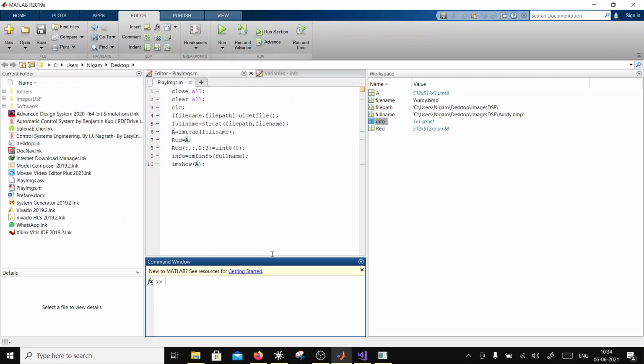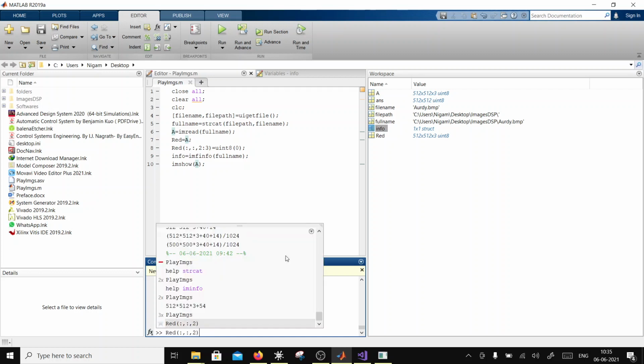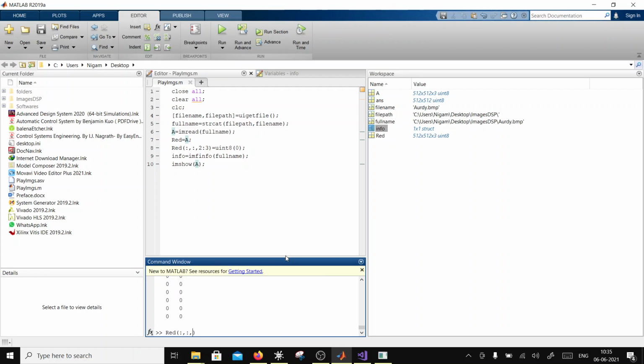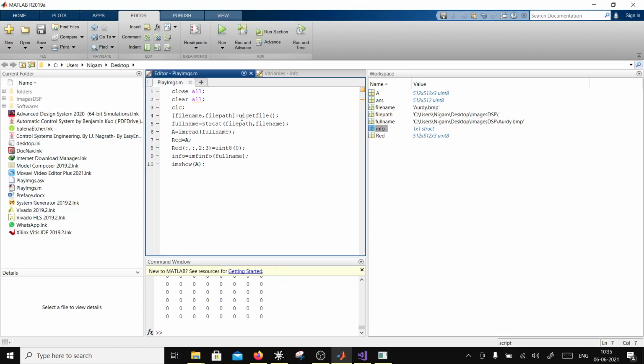I can very easily say red, everything, comma 2. So this is all filled with zeros, right? Then I can also look at plane number 1, and this has the image, right? And then plane number 3. So that's also 0. So I have separated the red image, and how have I separated it? I just made 0 everything other than the red plane.